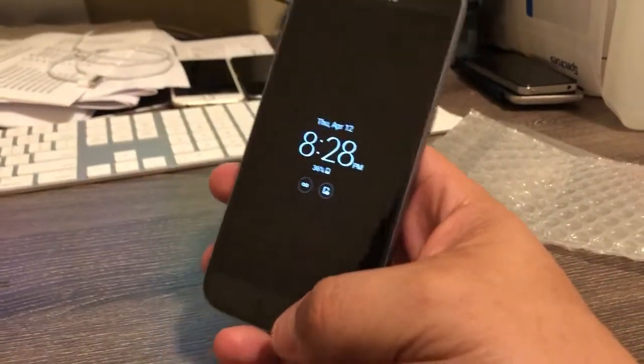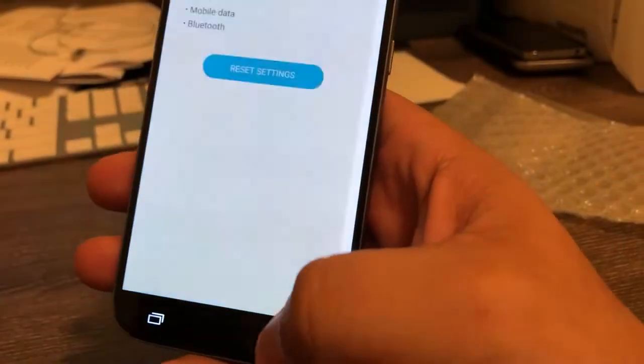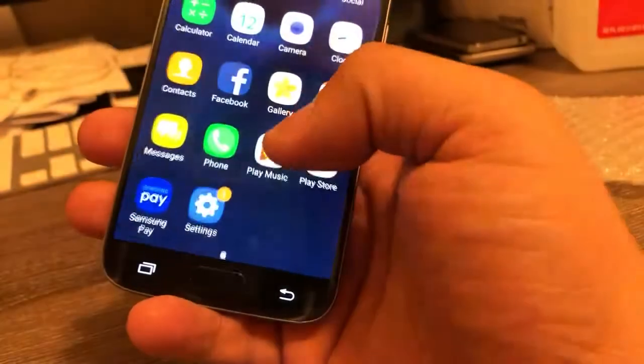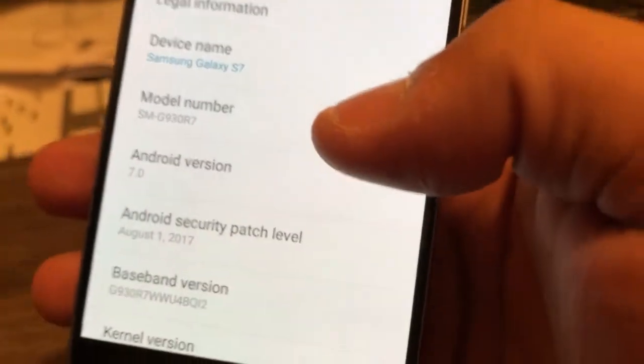So basically, for you to set up this phone, there are a couple of things that you have to do first. Alright, so let me show you. We're seeing the same exact phone. Go to Settings, About the device. You're going to see this is the phone